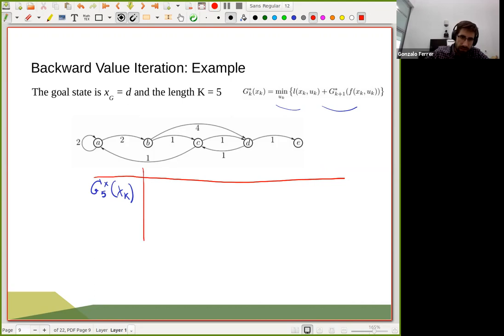Okay, so let me do it this way. I have here this, and then we have all these states. The only disadvantage, and we will comment later with respect to other graph search methods, is that we need to update for all state variables, and that can be a lot. But still, what about the first optimal cost to go function for trajectories of size 0? How is this going to look like?